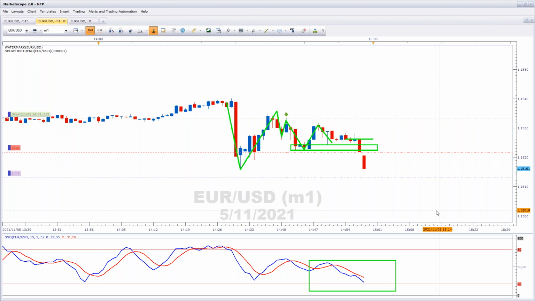Okay, so there's definitely bearish emotion over the last two candles, big red candles down. And let's see if they can finish it off with the third.